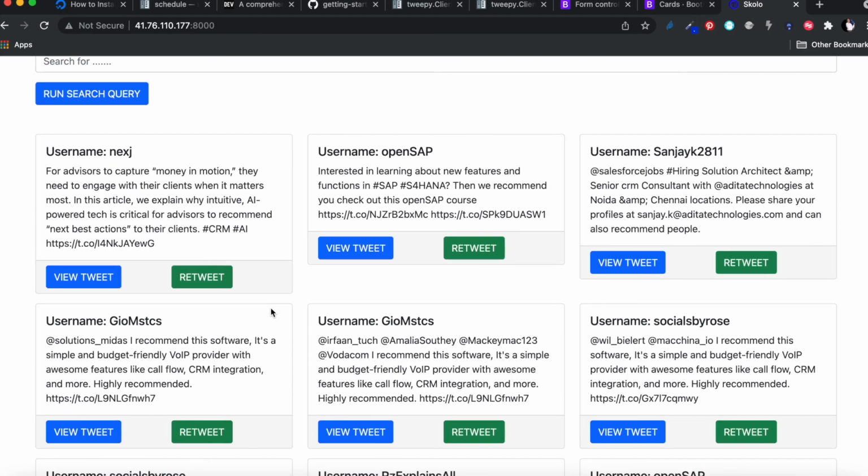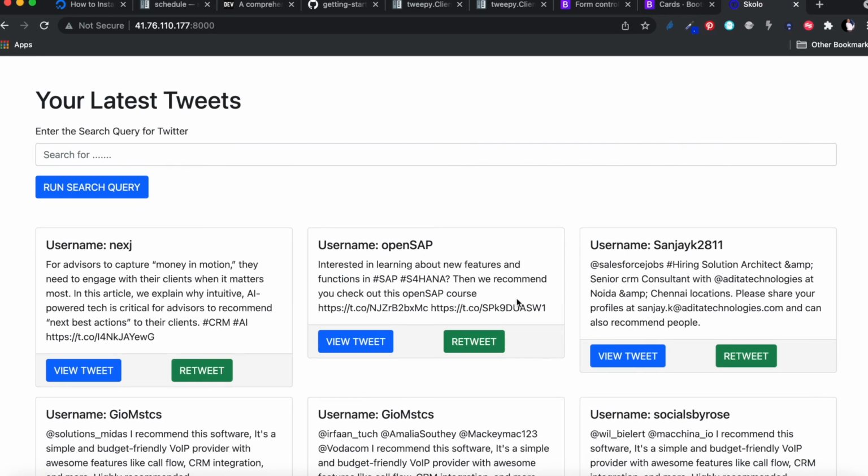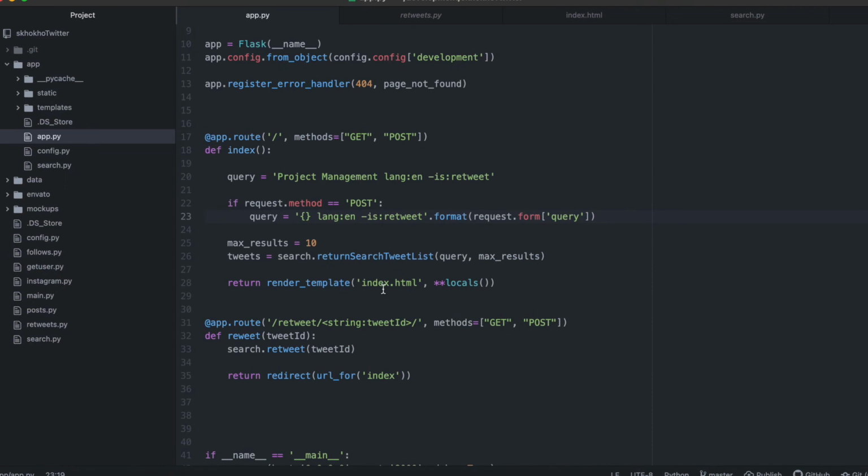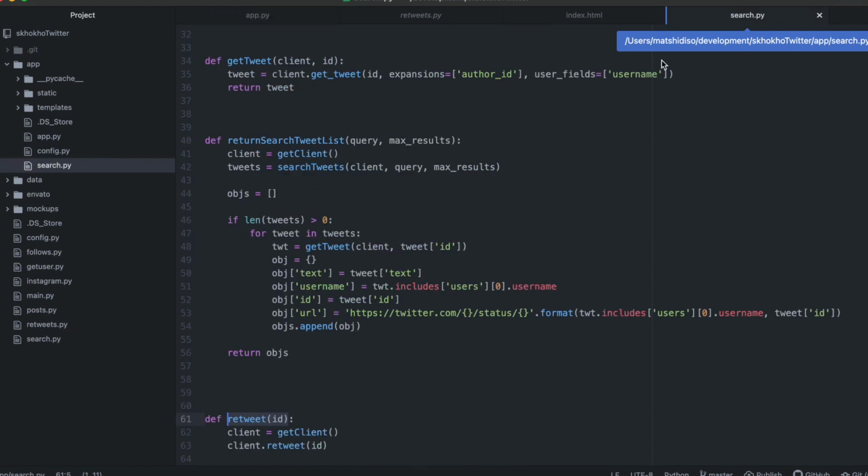By the way, I got a question last week. How would you use this to just retweet something that is a specific hashtag or whatever? So you would do the exact same thing. The code I've shown you, you can just refactor it to do that. What you would do is combine search and retweet. So inside of the search